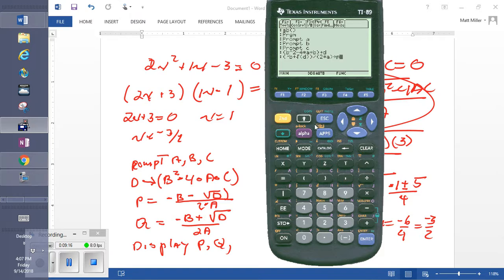Now I'm going to try something because I'm going to see if I can do a copy and paste. So I'm just going to escape that, and I think if I can, well, let's see what happens. F2, F1, copy, and I don't know if I can do that. Probably not. I thought I could. It's not seeming to work in the program, so I'm just going to type it again,